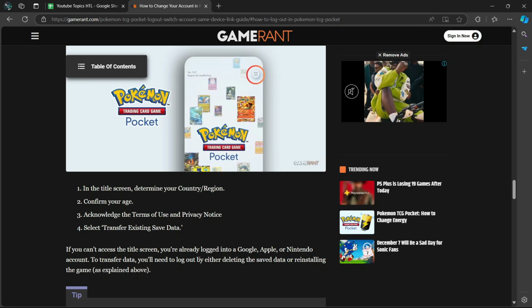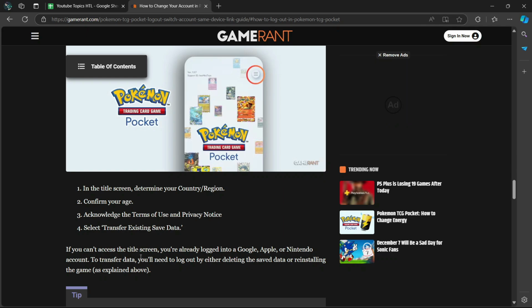If you cannot access the title screen, you've already logged into a Google/Apple or Nintendo account. To transfer data, you'll need to log out by either deleting the save data or reinstalling the game